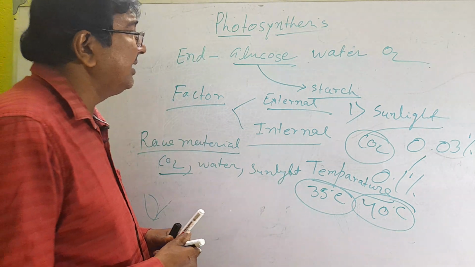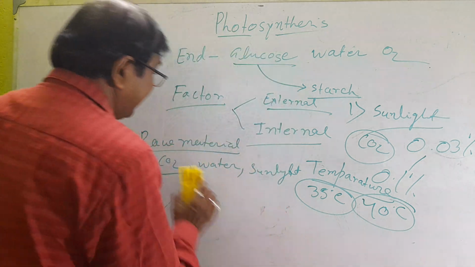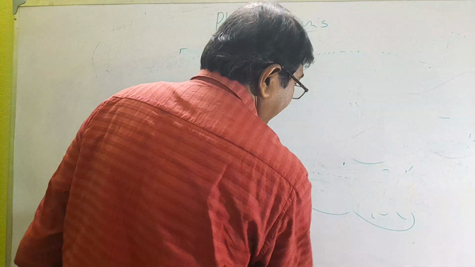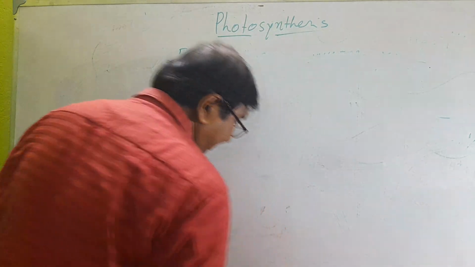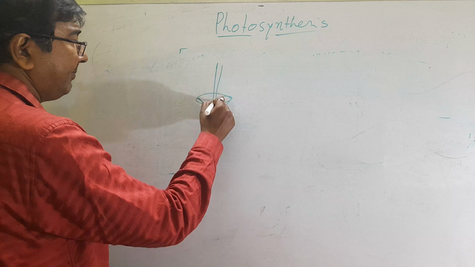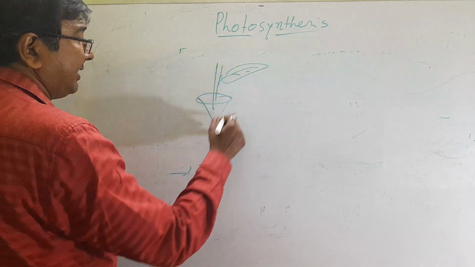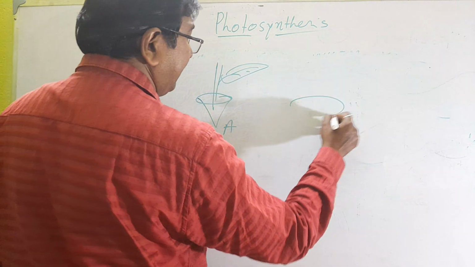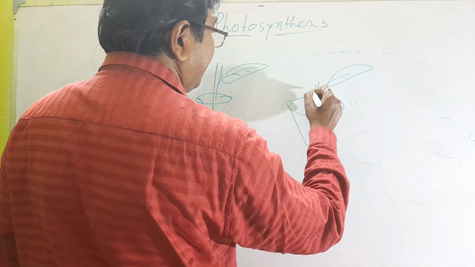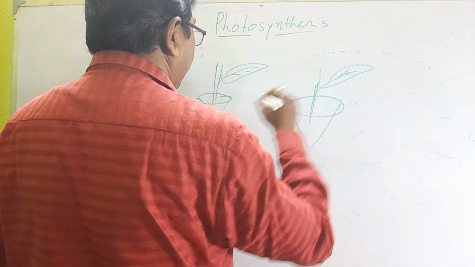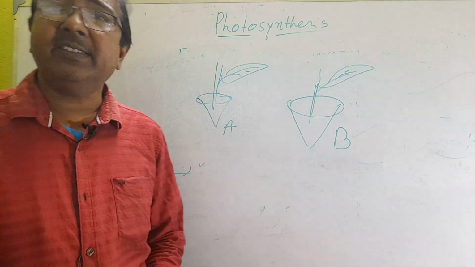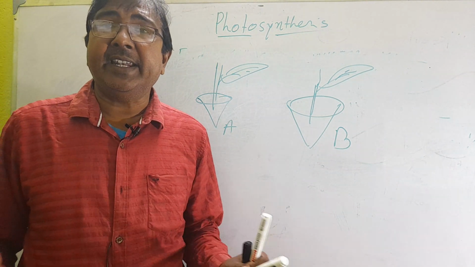That's about photosynthesis. Then some experiments are there. One experiment: suppose two potted plants. One is plant A, another potted plant is plant B. These two plants are taken. Okay, two plants are taken. Then